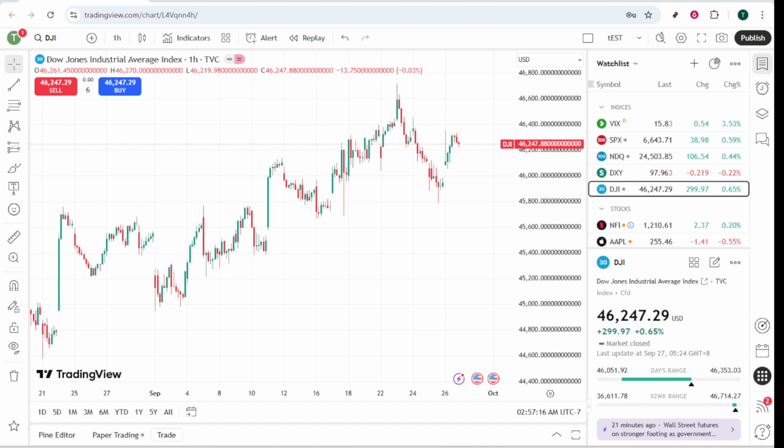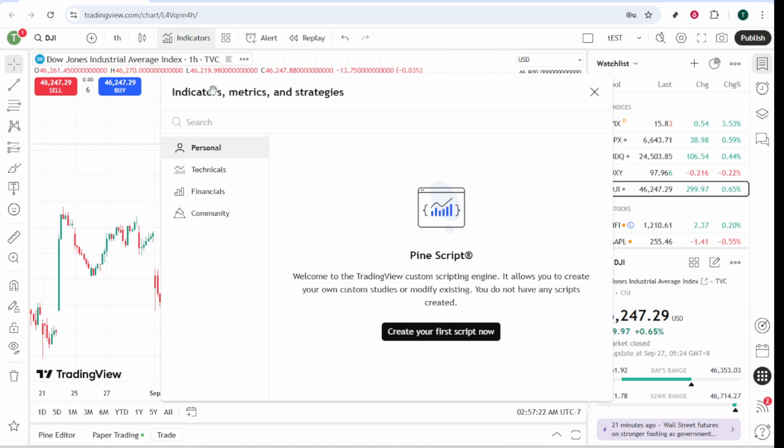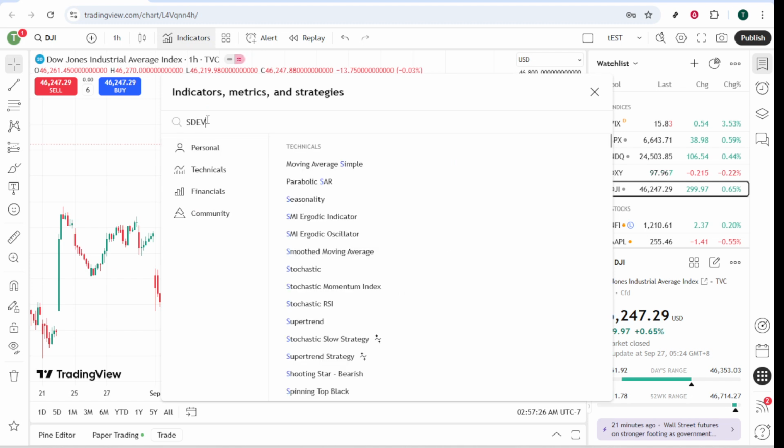To begin, you'll need to open your chart on TradingView. You can do this by visiting their website or launching the app. Once you're on your chart, direct your attention to the top menu and locate the indicators icon, which resembles a beaker. Clicking this will open a search bar where you can find specific indicators. In that search bar, type standard deviation or simply STDEV and choose it from the results to add it seamlessly